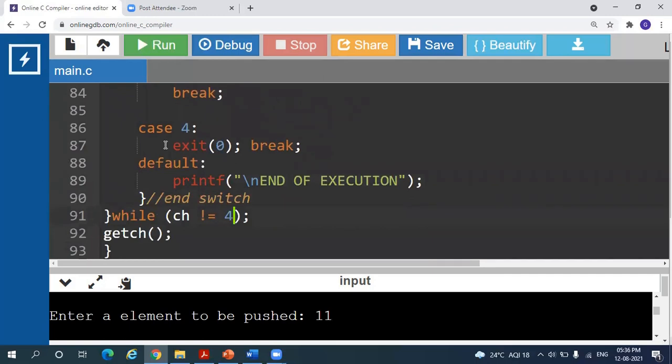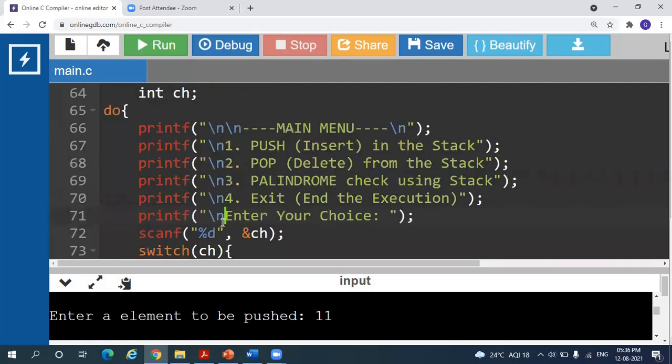In case of 4, it will come out. Till you enter 4, it keeps executing this loop. So that is the use of do while loop. At least one time this will be executed, no matter what choice you give later.